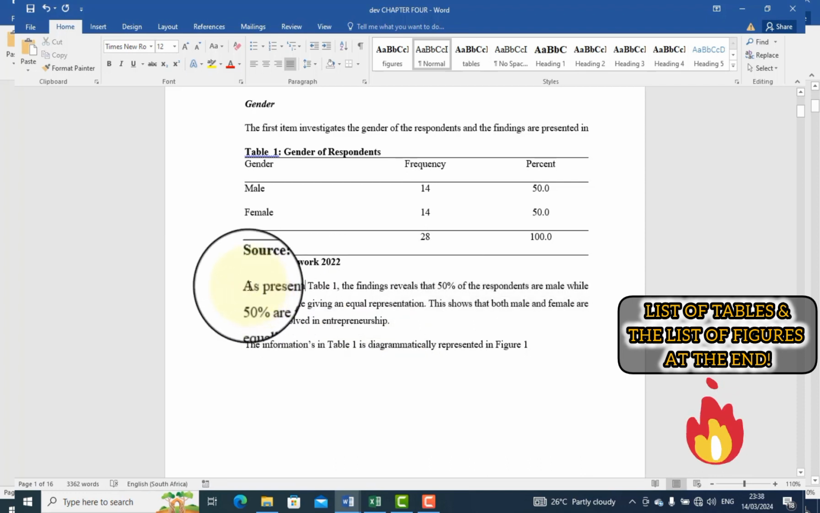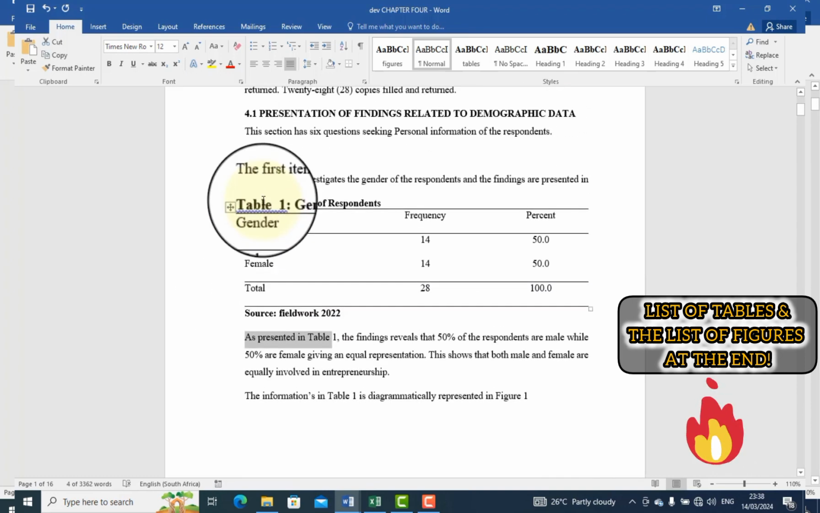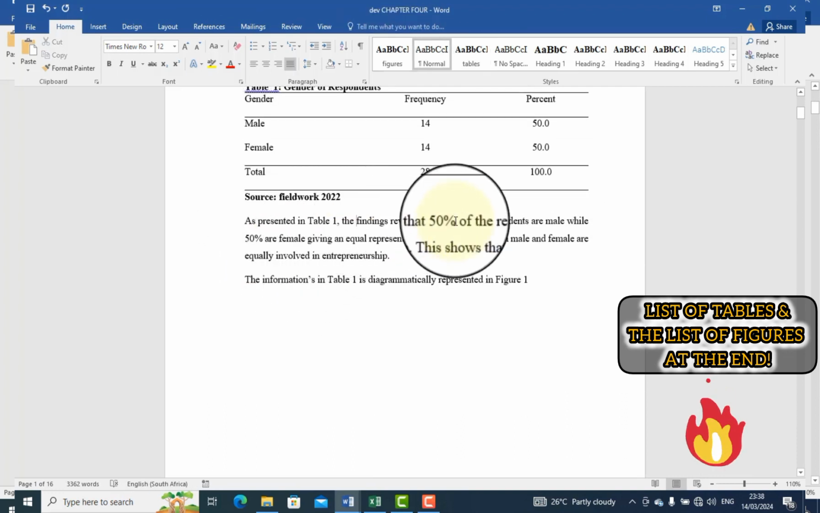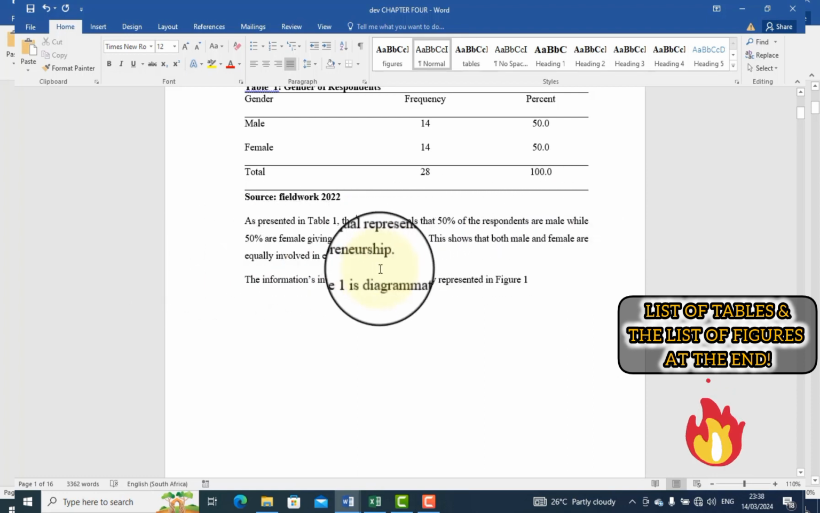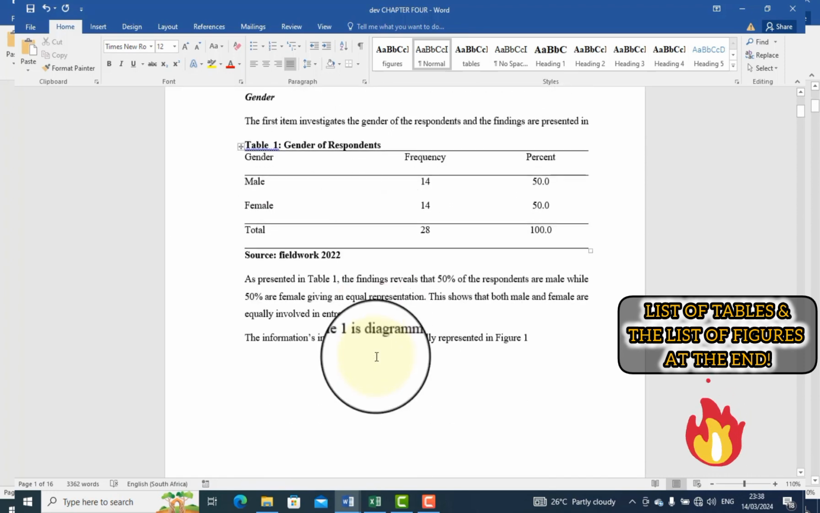Please don't just say "as presented above." Don't say "as presented above." There are many aboves. So say "as presented in Table 1 that you just mentioned above." The findings reveal that 50% of the respondents are male, while 50% are female. This shows both males and females are equally involved in entrepreneurship, based on the topic this research work is based